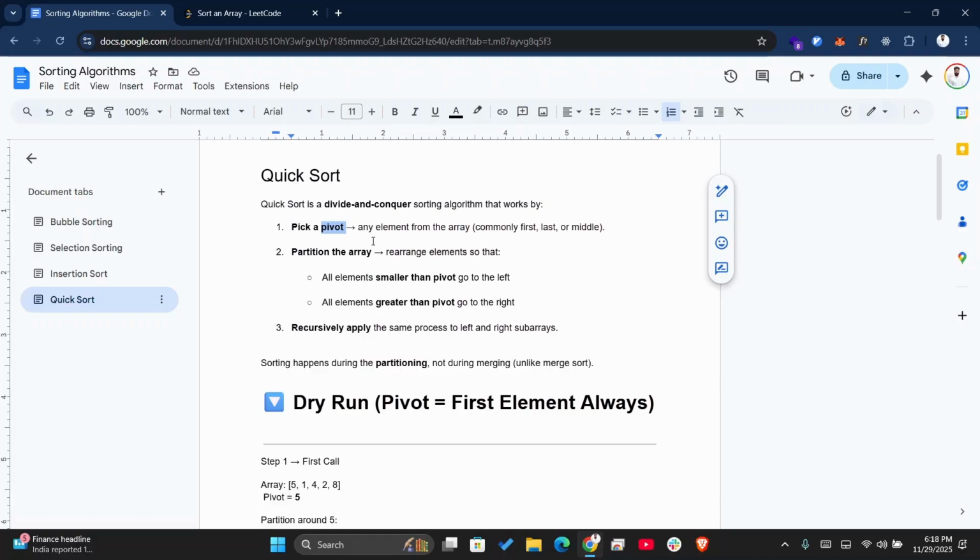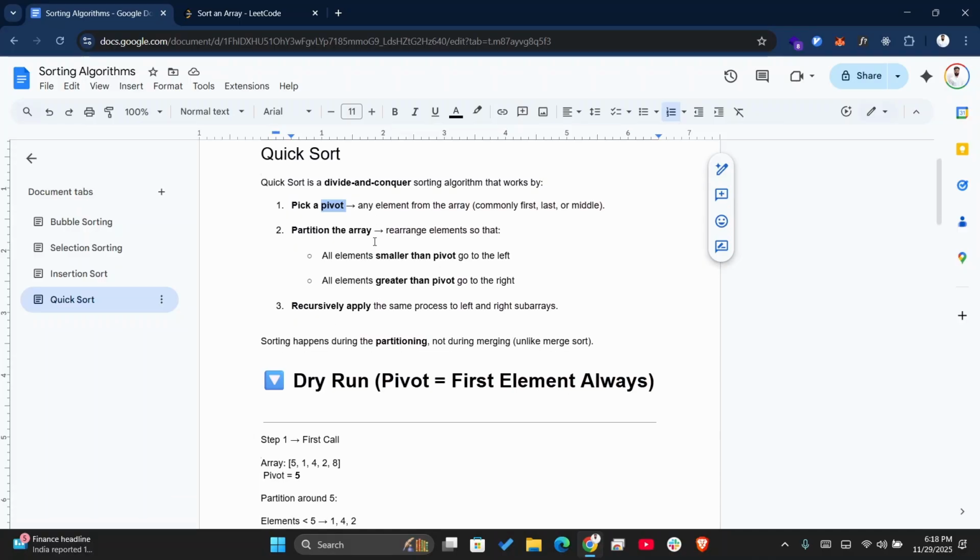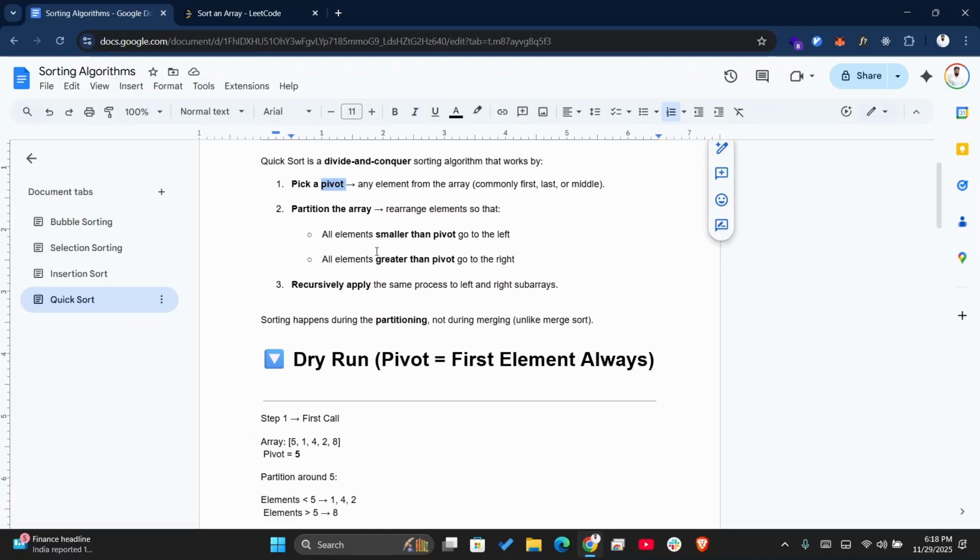So if we do this for every single element, meaning if we put every single element in its correct position, and for every single element we have all the elements that are smaller before it and all the elements which are greater after it, then that means the array will be sorted, right? As simple as that. So what we will be doing is, as I said earlier, we are going to